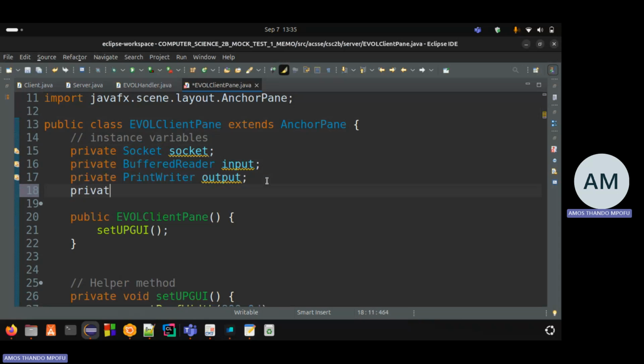And then private, what's the next thing? So we need the file input stream or the file output stream. In my case, I'm going to read the bytes from the file as the client, right? No, not. I'm not going to read. Let me think about it. Yeah, I'm actually going to use file output stream because I'm going to read the bytes from the server and then use file output stream to write those bytes to a new file that I'm going to create in my client folder. So on this client side, I'm going to use the file output stream,